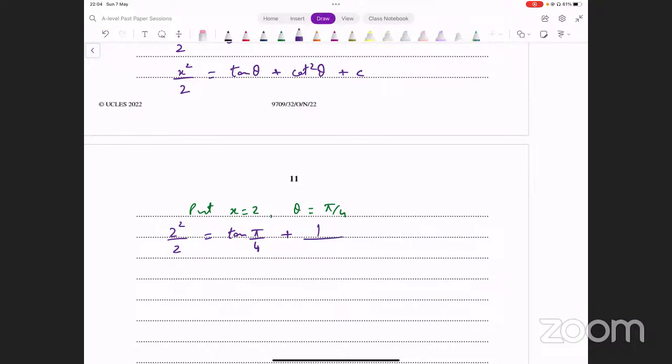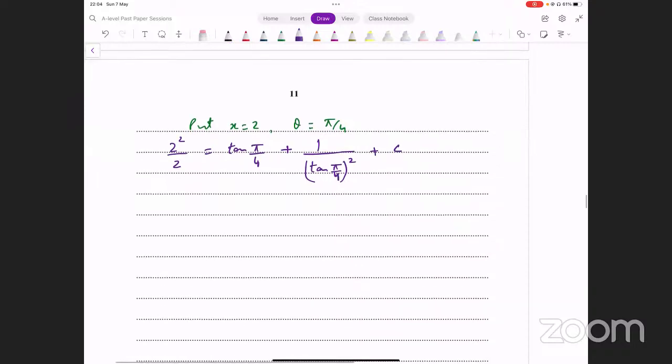So we can say this is 1 over tan square theta. So we can say 1 over tan pi over 4 का whole square, राइट? ये कैलकुलेटर में डाल देंगे। इनफैक्ट हमें एग्जैक्ट चाहिए होगा तो उसको हम वर्किंग भी शो करेंगे। ये देखते हैं इसको क्या करना है। 2 square over 2 on the left side, that's going to give us 2 tan of pi over 4. Pi over 4 is 45 degrees, right? Tan pi over 4 आपके पास 1 आ जाएगा, कैलकुलेटर में डाल के देख लें 1 आ जाएगा।